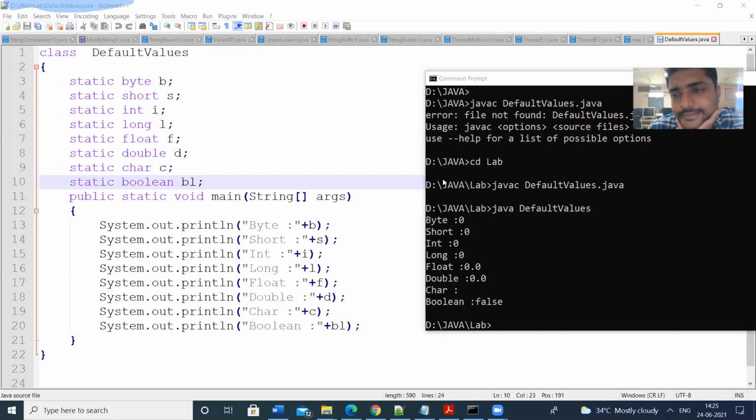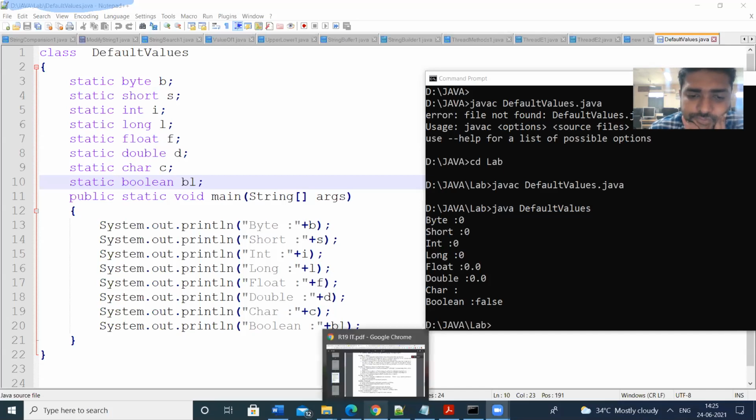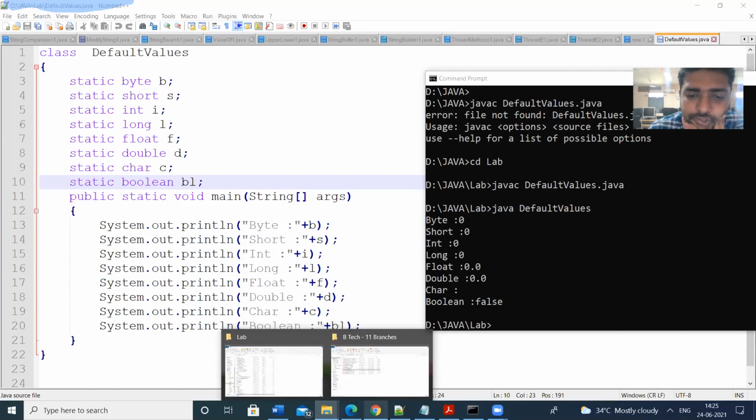So let us move to the second program. Let us see what it is.